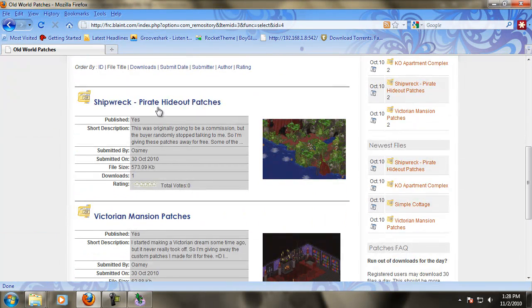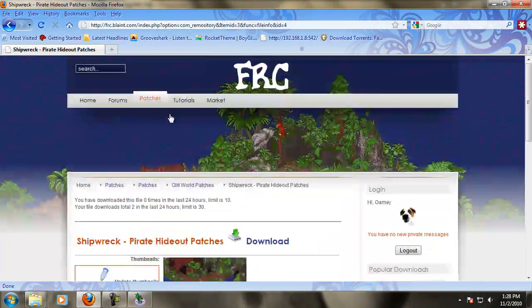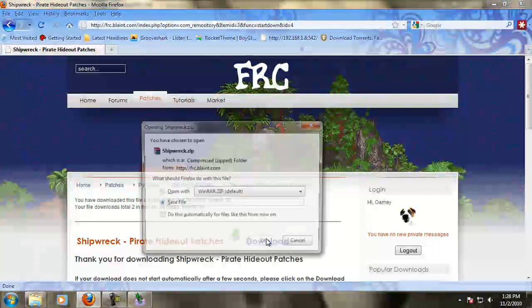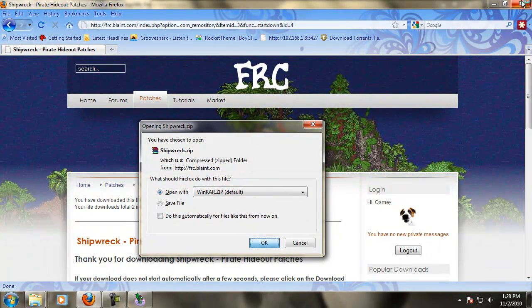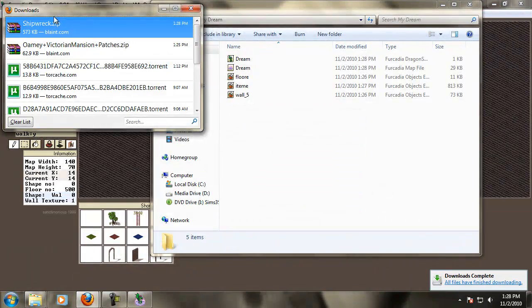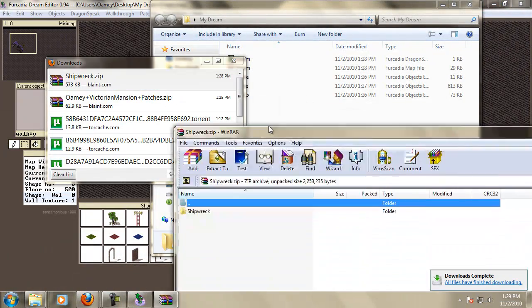Alright, say I wanted to download these shipwreck pirate hideout patches, so I download these. I open it up. So here they are. Here's my patches. Shipwreck,